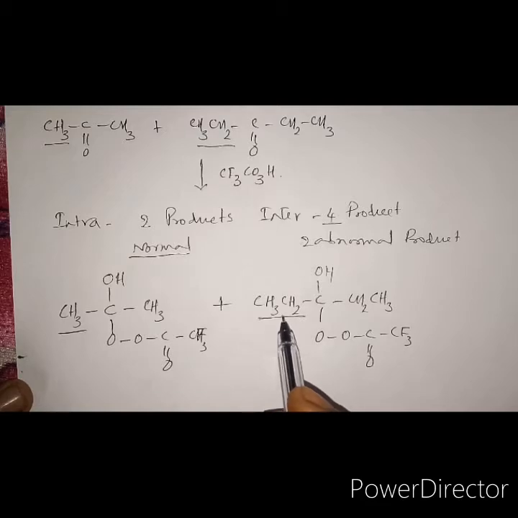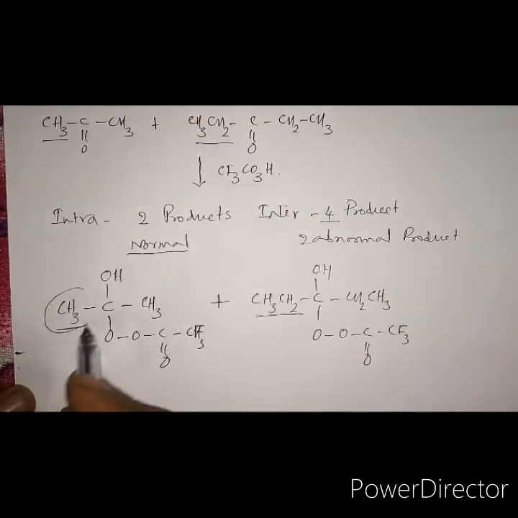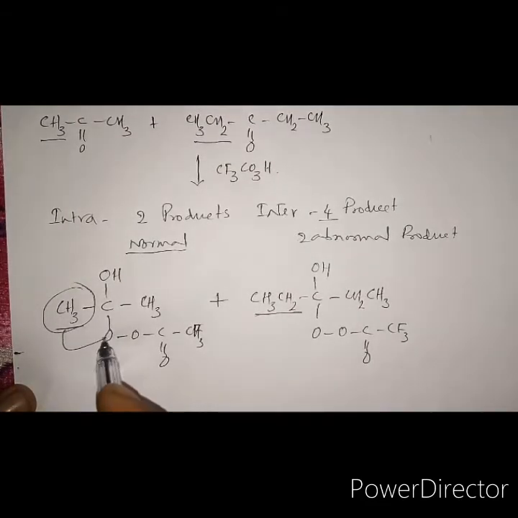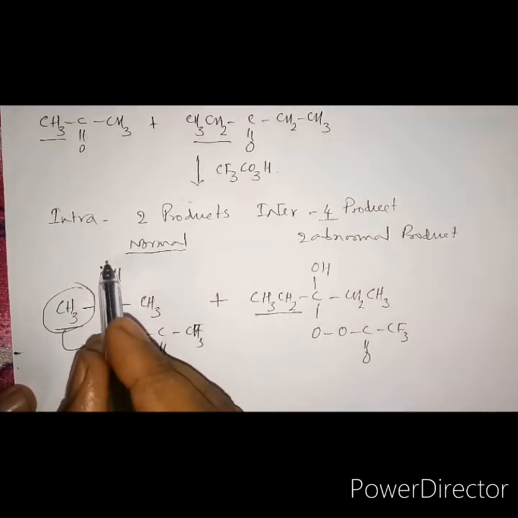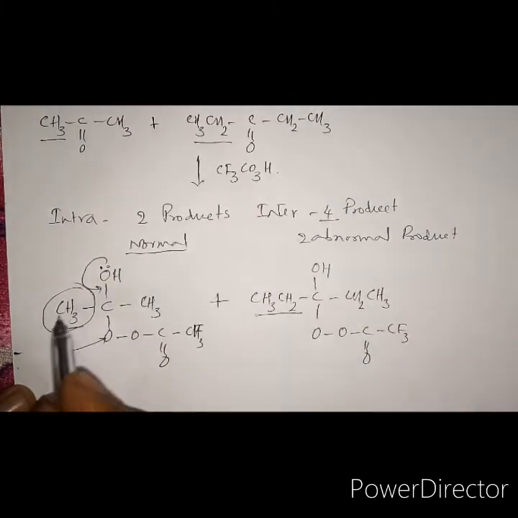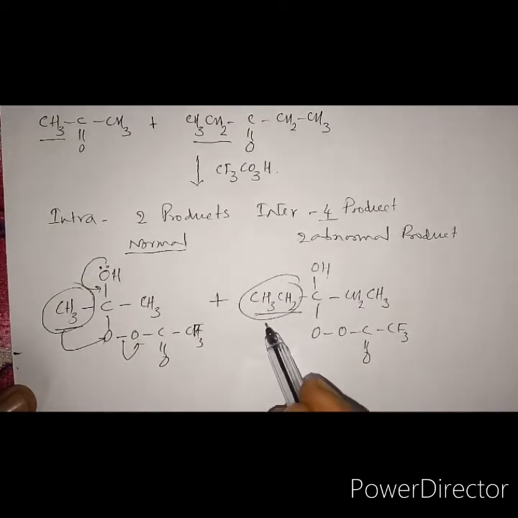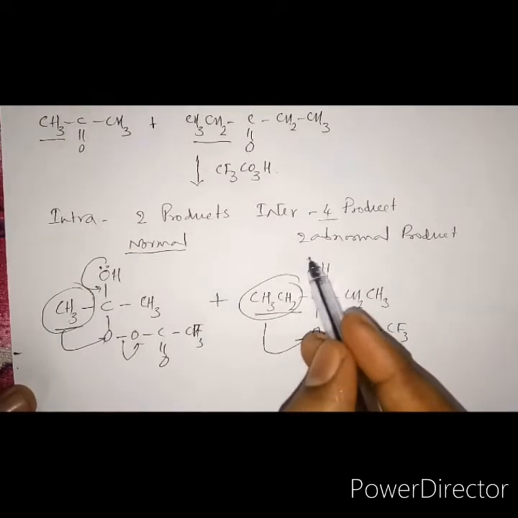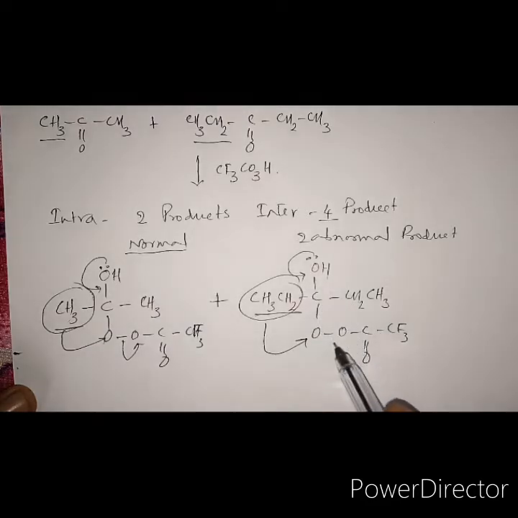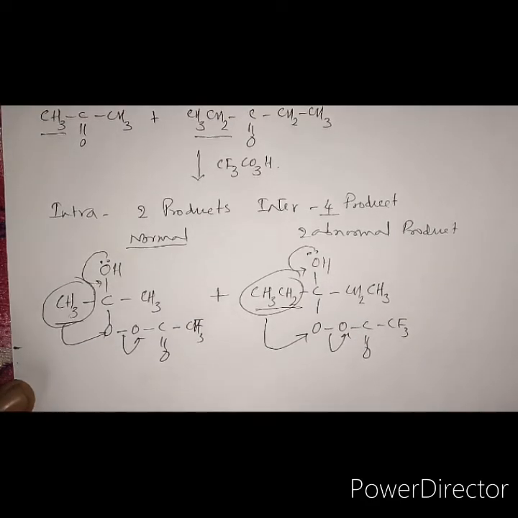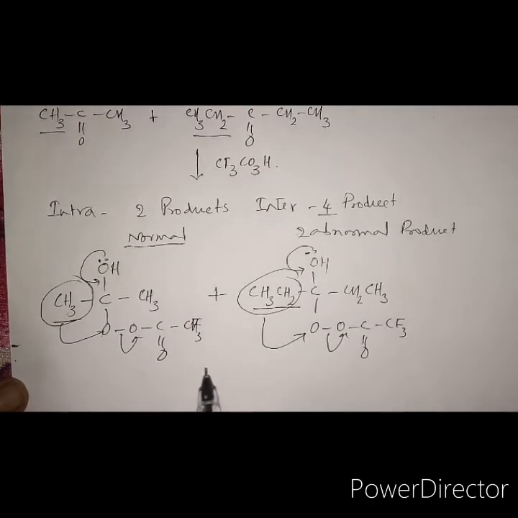What we are saying is that it's never detached from the rest of the molecule. If it is never detached from the rest of the molecule, it will be directly attached. So this is the driving force. It is directly attached to oxygen, then this leaves. So here this goes here. The driving force of the lone pair of electrons, it eliminates. So this is what happens in the case of